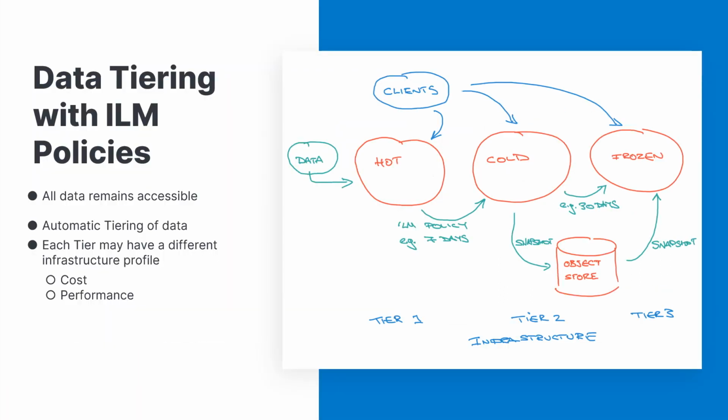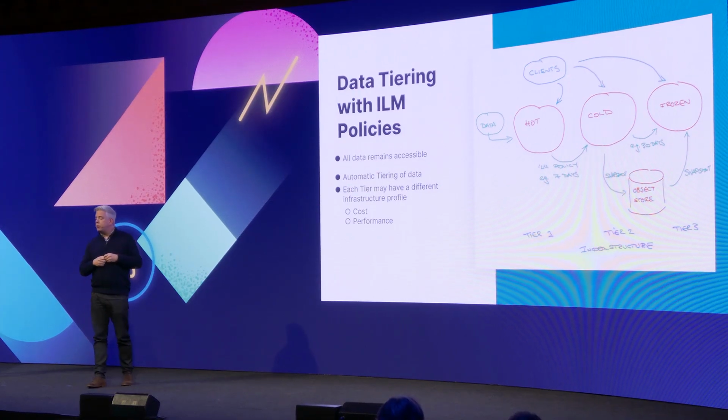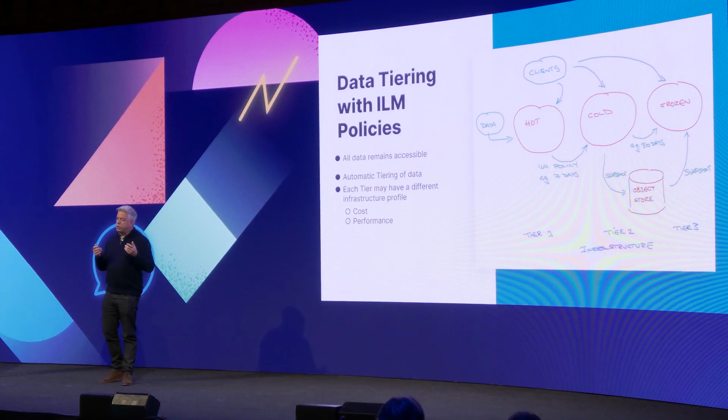But there is a period of time where that level of access is no longer required. So this is where Elasticsearch introduced data tiering to help manage this life cycle. Initially as hot and warm tiers, and with cold and frozen tiers being added from version 7.10 in November 2020. Now, data can be tiered from hot all the way to frozen, and this means that different infrastructure can be used for slower CPUs or object stores versus faster SSDs or the fastest CPUs.